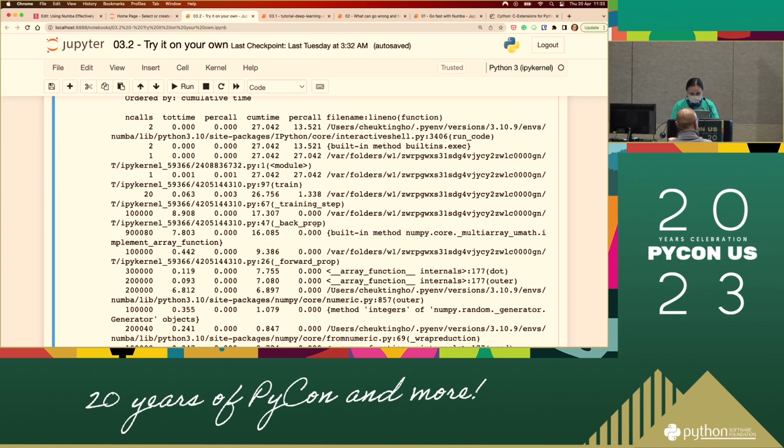But if you look at this, you can see back propagation is here, forward propagation is here. If you compare the accumulated time of the backward and forward propagation, you will see that backward actually costs more, even though they are both run the same number of times. This is the number of times they have been called: it's 100,000 times, both back and forward prop. But the backward prop costs a little bit more time because the process costs a little bit more.